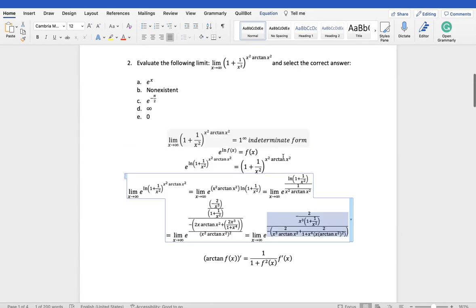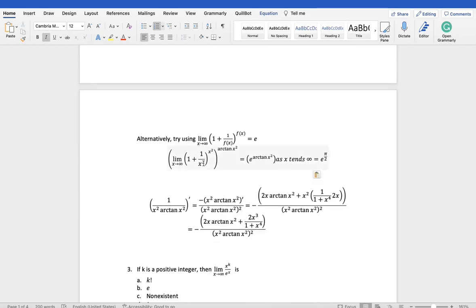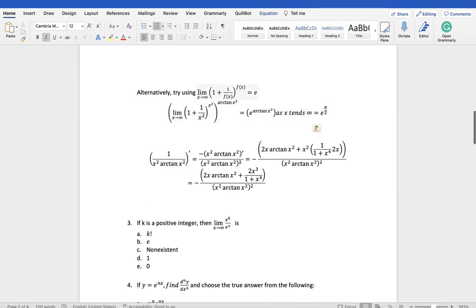So we made a mistake when I was copying the question. I didn't realize that it's 1 minus 1 over x squared. Okay, so that's why it's negative pi over 2, because you know what they did. Thank you for pointing that out. It's very important to notice this. So what they did was,